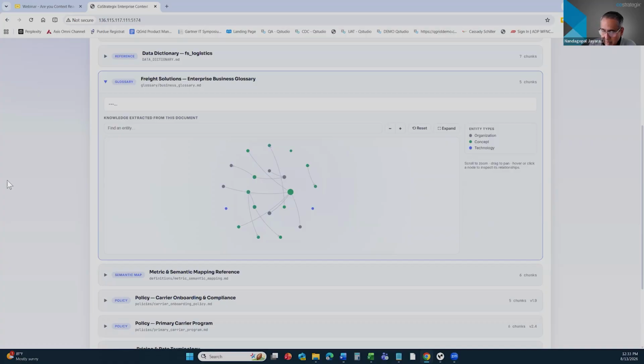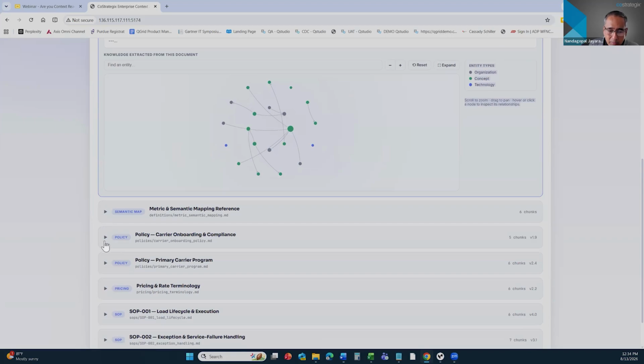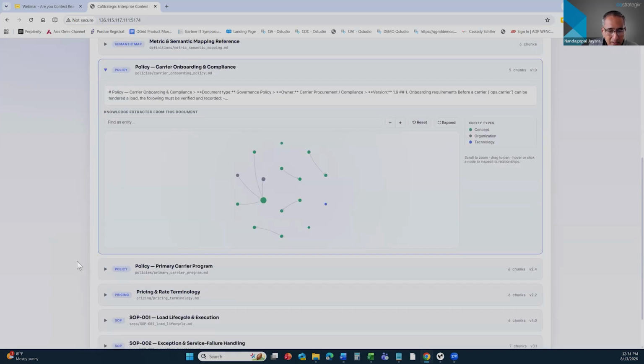Most cases, you have to model it. Here, we are applying AI to help itself, right? So in data management, we're using that to surface these relationships and then paint a pane of glass for the data analyst to help. Semantic maps, policies, you can throw any documents at this piece.